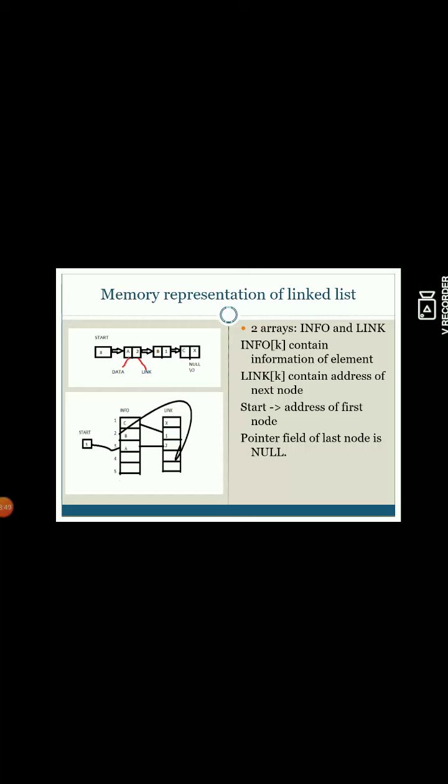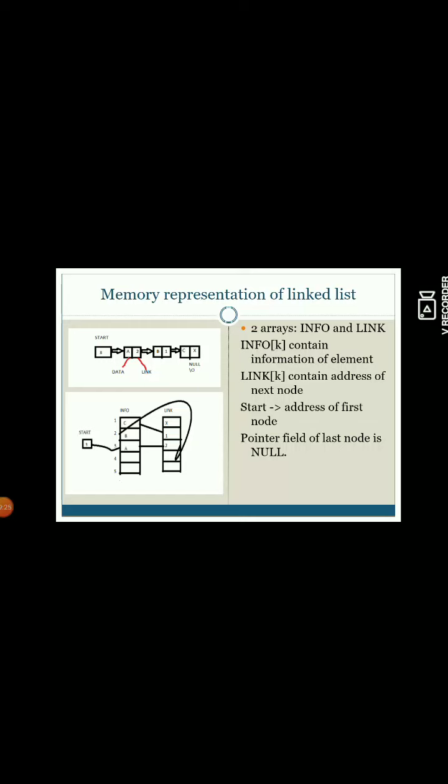There are 2 arrays: the first array is named info, and the second array is named link. Each element of the info array can be indicated as info of i, info of j, info of k, for any variable. Consider that info of k always contains the information or value of that element, and link of k contains the address of the next node.